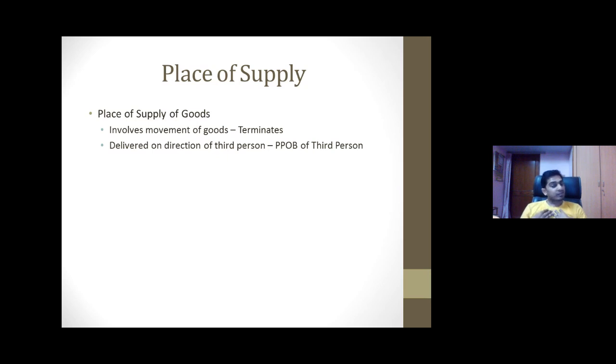So my place of business is in Delhi. I purchased from Delhi, but the goods are going to Rajasthan. To whom should the tax go? Not Rajasthan, but Delhi, because these goods are delivered on direction of a third person. So in that case, the principal place of business of the third person, that is my principal place of business, which is in Delhi,